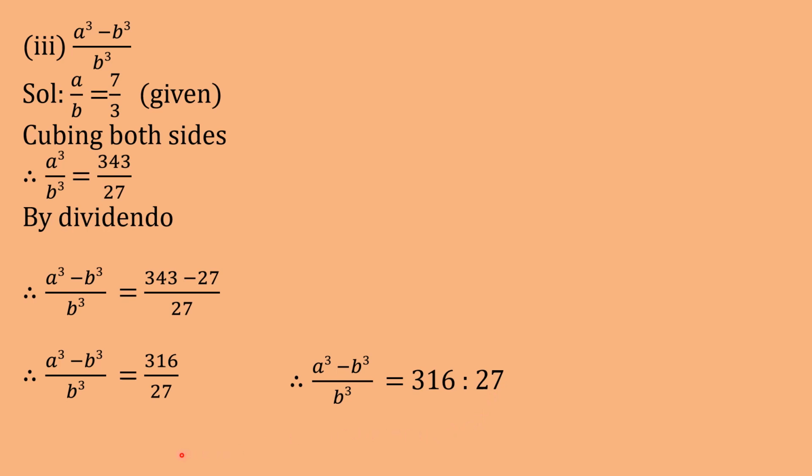Okay students, the last one, the fourth one, is your homework. That is 7a plus 9b upon 7a minus 9b. The fourth one you'll do as homework. And tomorrow we are going to continue with practice set 4.3, question number 2 and question number 3. We are going to solve question number 2 and question number 3. And question number 4 is omitted. We have already given the syllabus, so we have omitted question number 4 of this practice set.